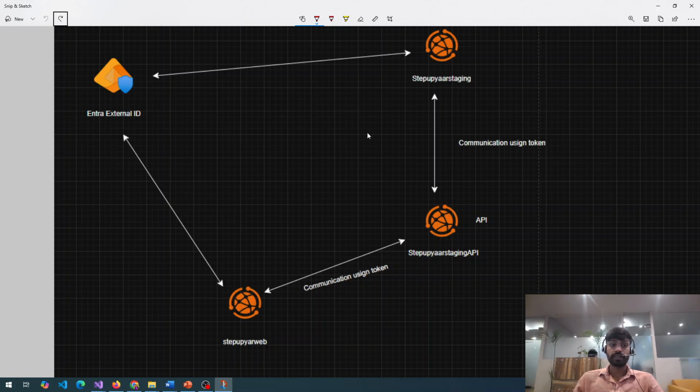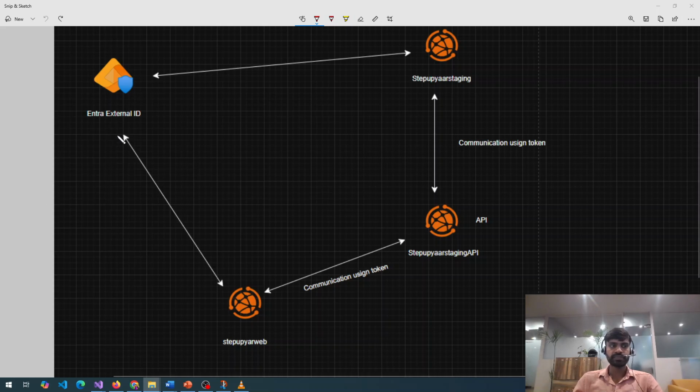In that token, we want to have external claims, right? In the start event, we talked about the case where the user wants to have a user role and user permission in the token. In that case, we will configure a custom authentication extension on the token issuance start event in External ID. After that, whenever any of the apps log in, they will get a token with those claims. And when they pass that token to the API, those claims will be available in the API as well. When another app tries to access it, the user will be logged in automatically using single sign-on. It will share the token, and that token will also have the same